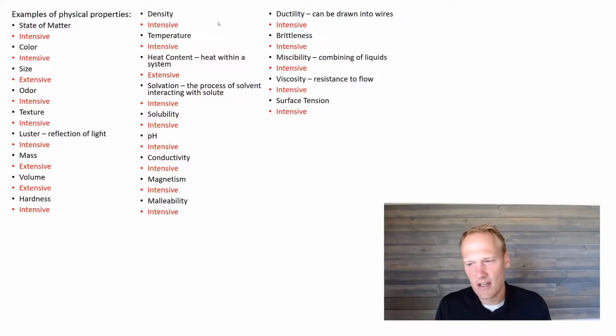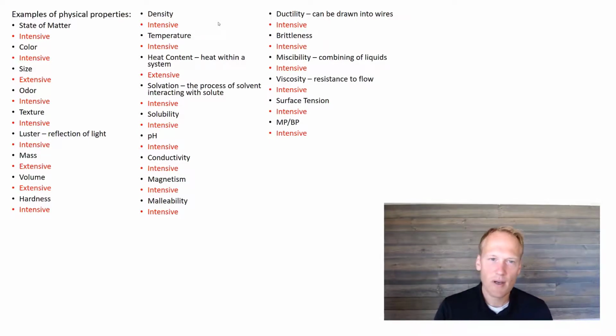Surface tension. Once again, that's intensive. Doesn't matter how much you have. If it has surface tension at a low amount, it'll have the same surface tension. And MP, BP is melting point, boiling point. The melting point of a substance or boiling point of a substance will not change with the size of the